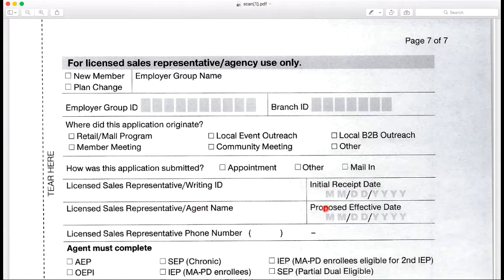Remember, all plans, it doesn't matter what they are, all plans start the first of the following month. So if we're in October, the proposed effective date is going to be November. If it's an AEP application, it's going to be January 1. If they're turning 65 in November, then you're going to want it November 1st. So you really want to make sure that you have the proposed effective date down correctly, because again, it could snag up the application for no reason at all. And then they're going to have to send out letters to your clients and say,